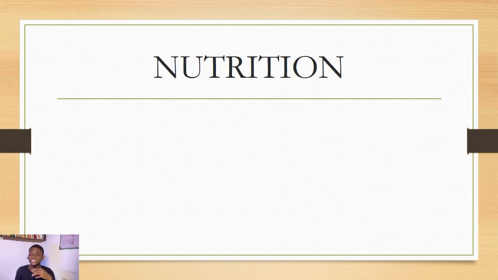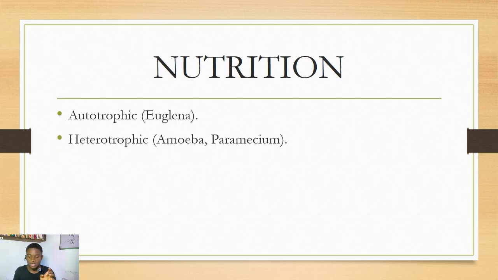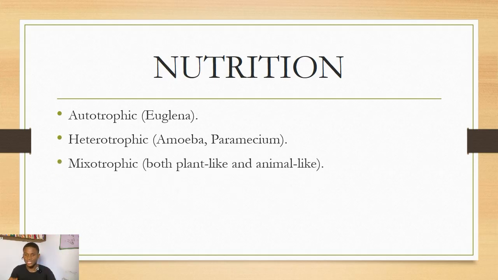So next, we are going to talk about the nutrition in the protists. Okay, how do they feed? For example, you have the autotrophic mode of nutrition, and of course, it is photosynthetic in Euglena. Euglena is a perfect example of autotrophic nutrition in protists. So we also have the heterotrophic ones, for example, amoeba and paramecium. Okay, amoeba by engulfing. Then paramecium just by beating the cilia, and the food will enter into the oral groove. All right. So we have the mesotrophic, the ones that have plant-like and animal-like nutrition.